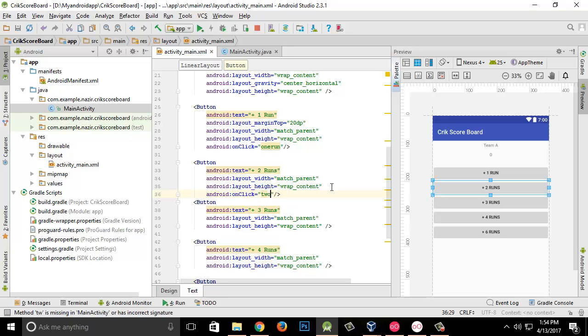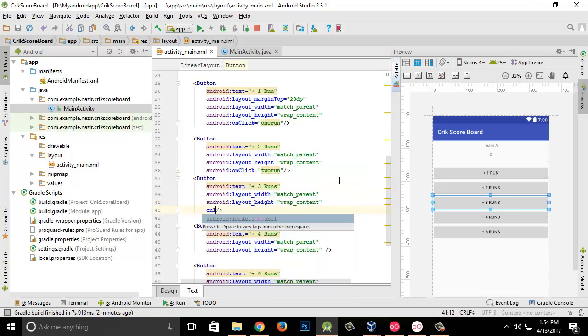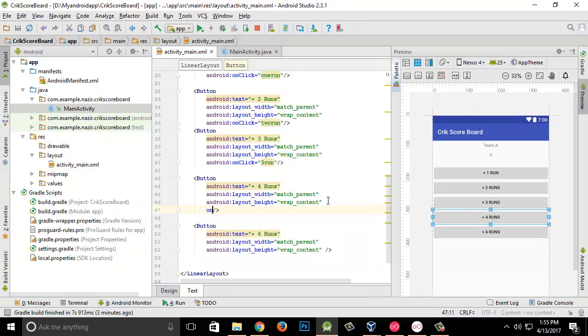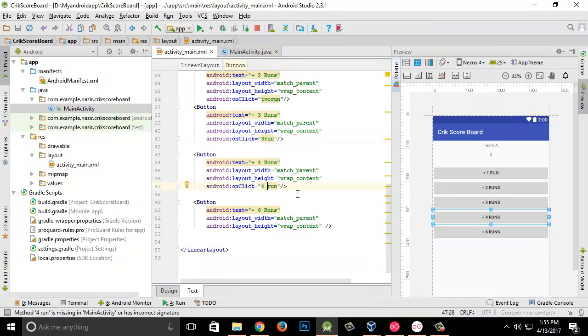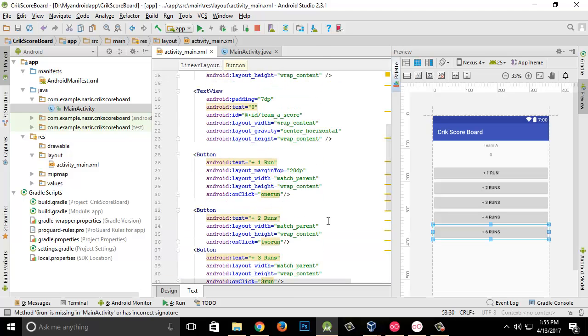Now over here on click, 2 run. Now I'm going to give it on click 3 run, on click 4 run, okay, no spaces, on click 6 runs. So as I have given the onClick method to those, next what we have to do is